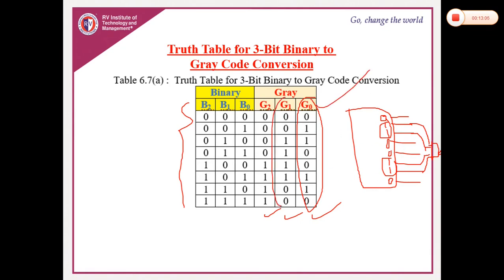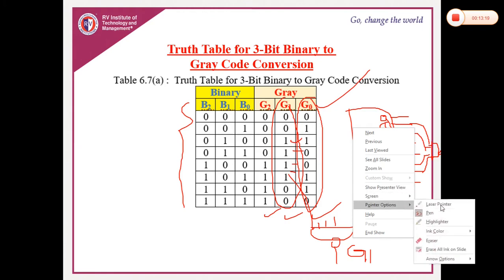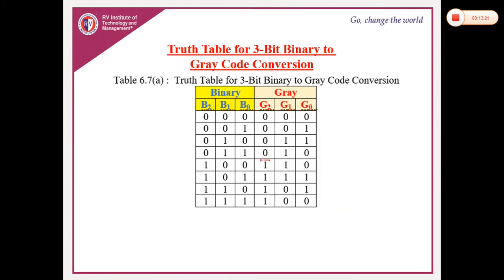Similarly, if you want G1, wherever 1 is there, that is this pin, this pin, this pin, this pin, give it to a 4-input NAND gate. Then whatever you get will be equal to G1. Similarly, in order to get G2, you just take wherever 1 is there. So for the bottom portion, if the IC is something like this, 1, 2, 3, 4, then 5, 6, 7, 8, these 4 you have to connect to a NAND gate to get the G2 output.